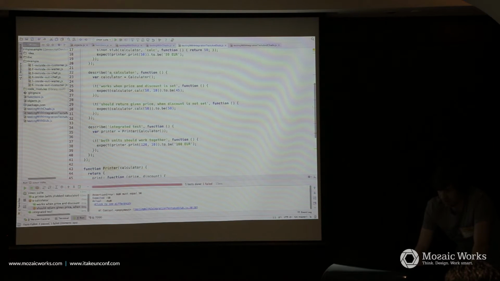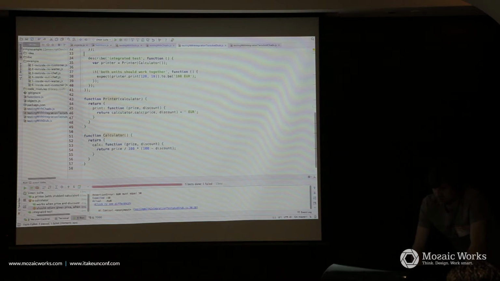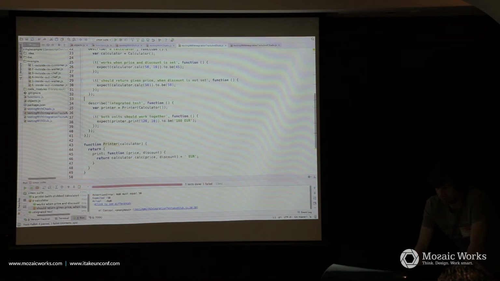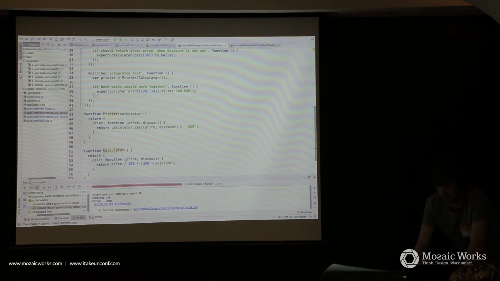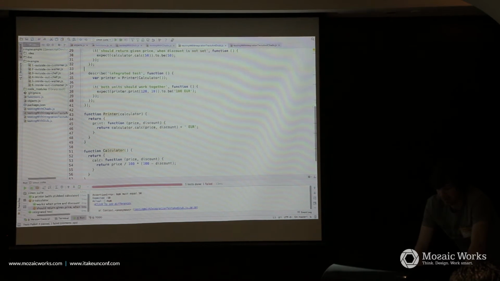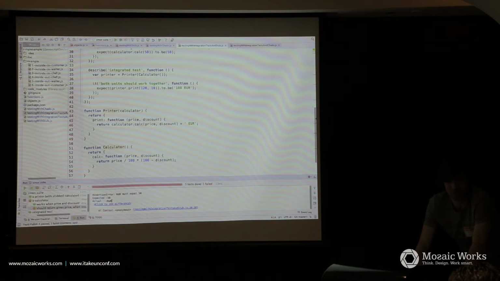So the recalculator, when we pass 50, let's have a look at the implementation. Here, the recalculator expects 2 arguments, price and discount, but we called it only with 1 argument. So the discount is not a number. So 100 minus not a number. Or undefined. Yes, undefined is not a number. So we get actual not a number. Yeah, that's the surprises of JavaScript.